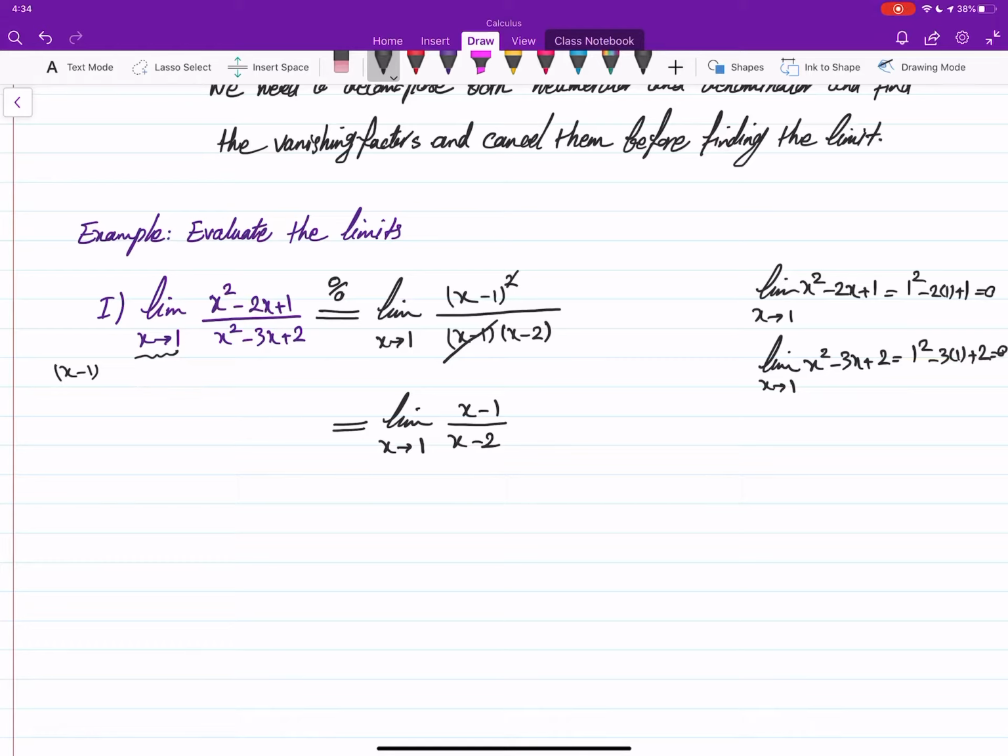Now we are finding the limit of a different function, which will give us the same limit as the original function, but this is a different function. Now you have to ask yourself, can I use the quotient law here? To do that, we need to check if the limit of the denominator as x goes to 1 is 0 or not. Here, actually no, it is not. It is -1. That means that we can use the quotient law,